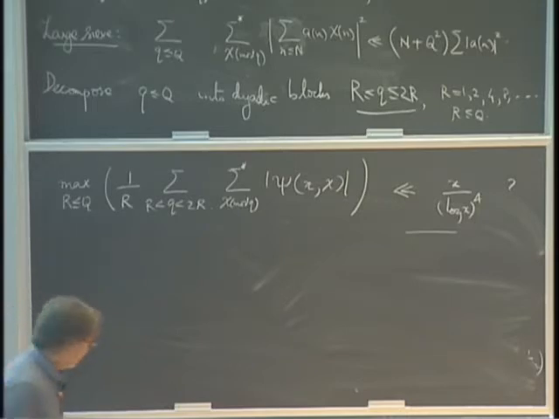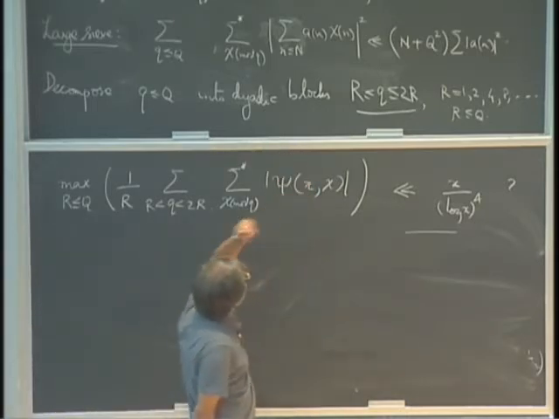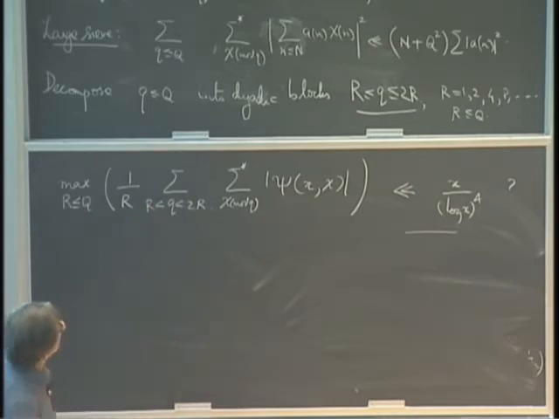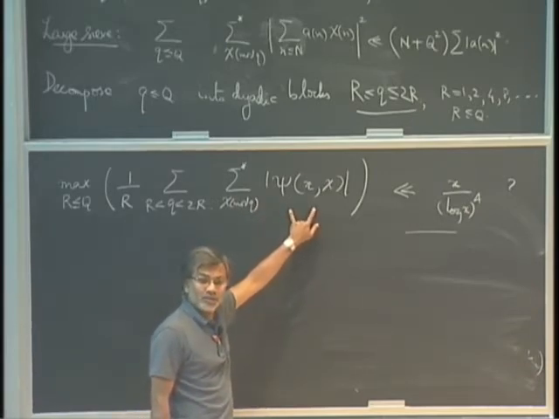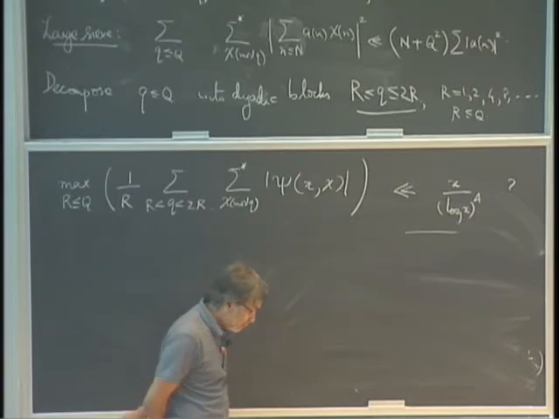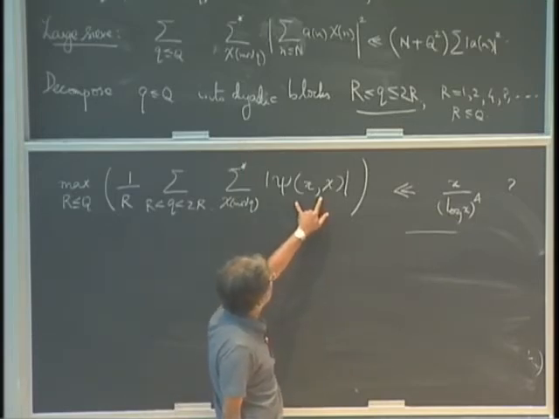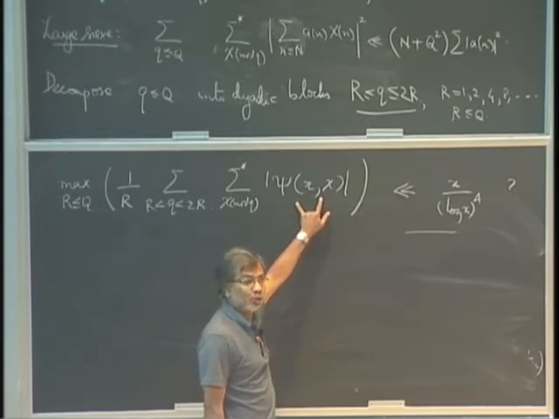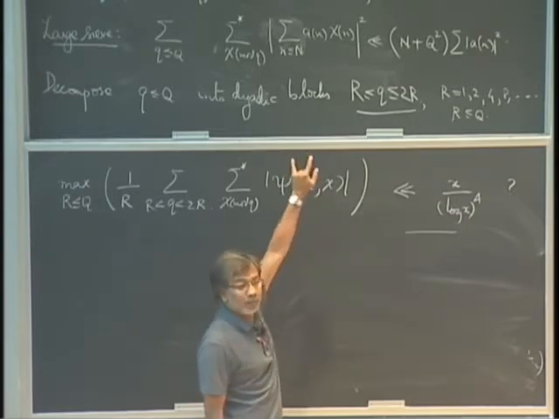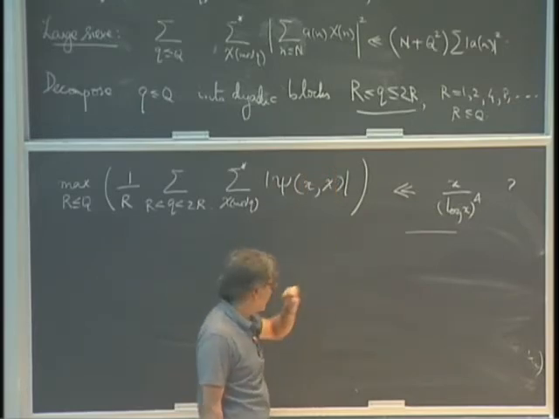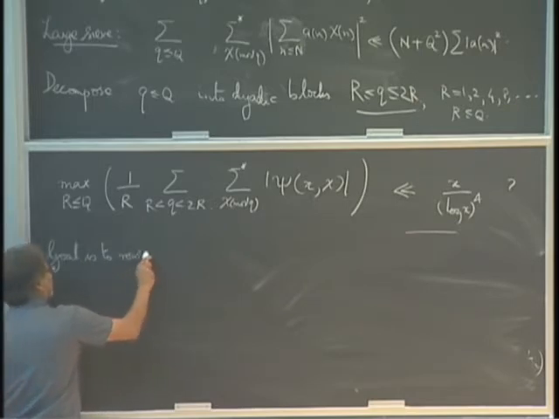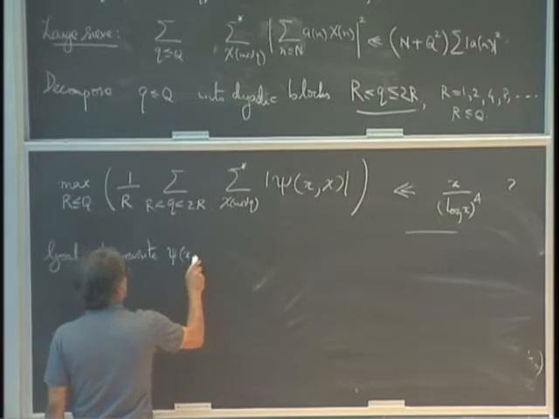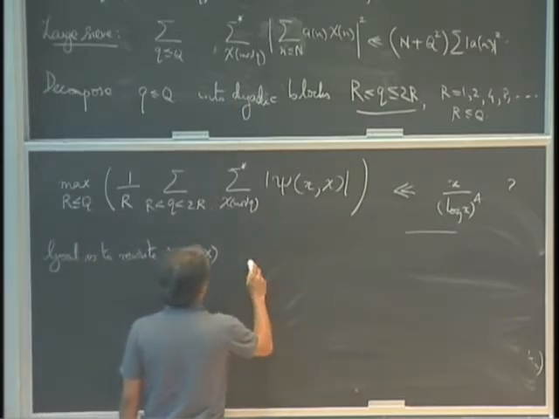Okay, how do we do this? We have to make use of the large sieve, but the large sieve, as you can see in the way I've written it down, is like an L2 inequality, whereas what we are after here is like an L1 inequality. So it would be better for us if this psi(x, chi) were a product of two things, in which case by Cauchy-Schwarz, I can then try to replace it by an L2 inequality. So our goal is to rewrite psi(x, chi) as some kind of decomposition,